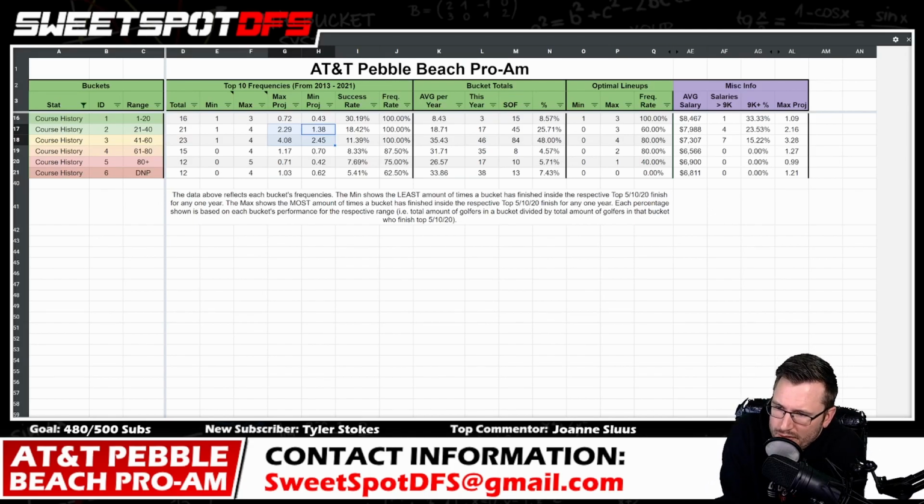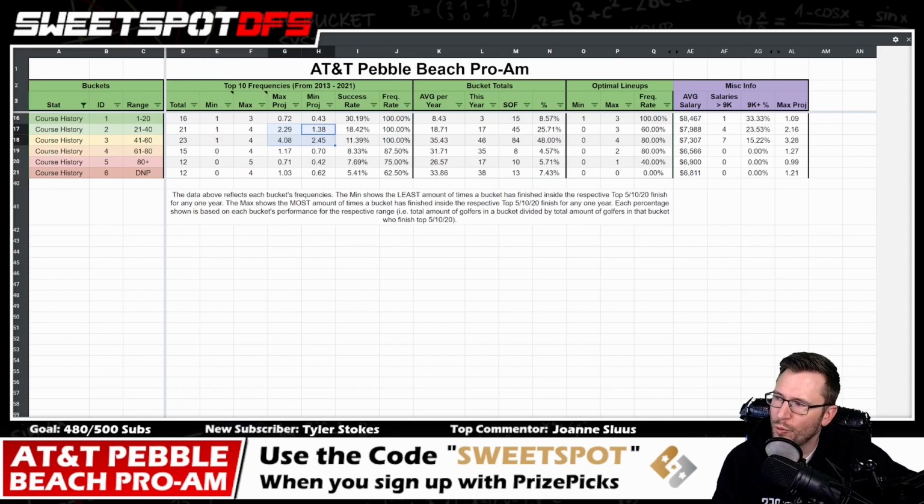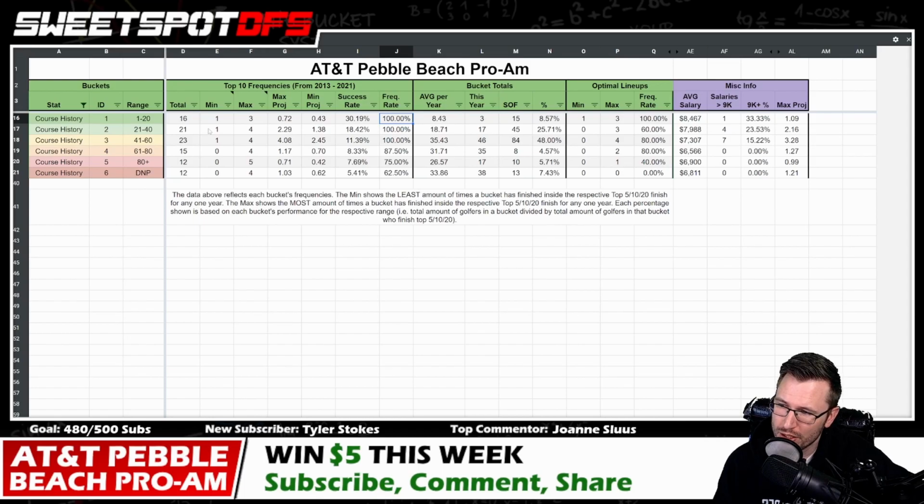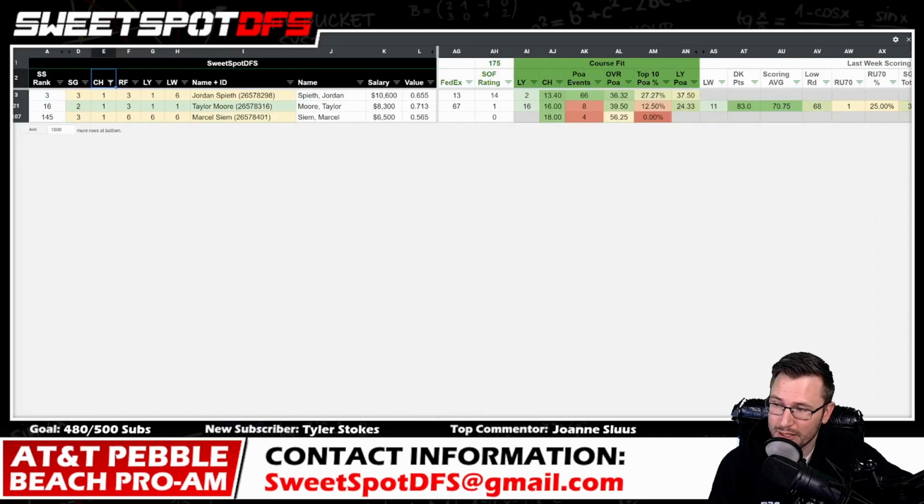0 to 2, yeah. So there's 3 golfers in that bucket, which is really interesting because we've seen a 100% frequency rate of golfers from this bucket finishing inside the top 10. Again, frequency rate means at least one guy every single year that I've done the course history buckets has finished inside the top 10. Does that happen this year? My projection isn't very kind of that happening. We usually see 8 golfers from that bucket. We only have 3. It's not super great, but if you just believe in the bucket gods, if you want to call it that,